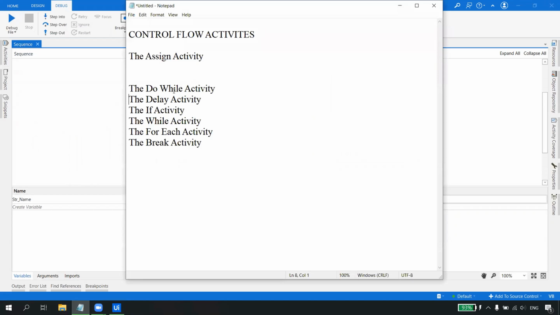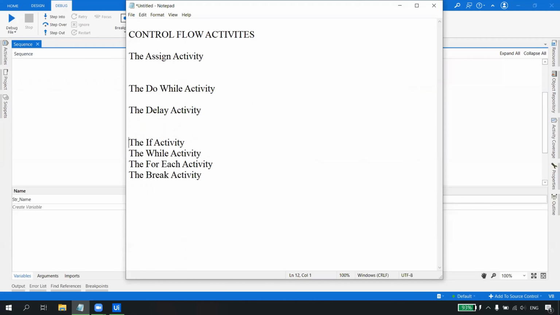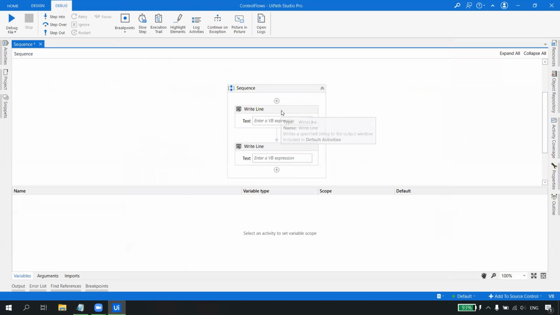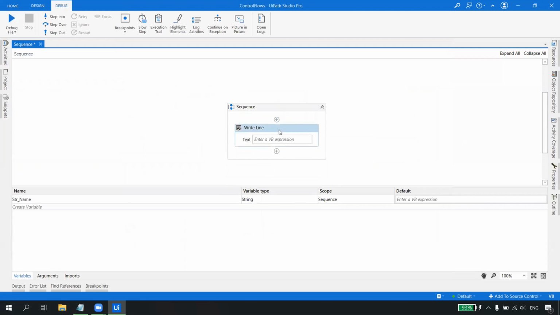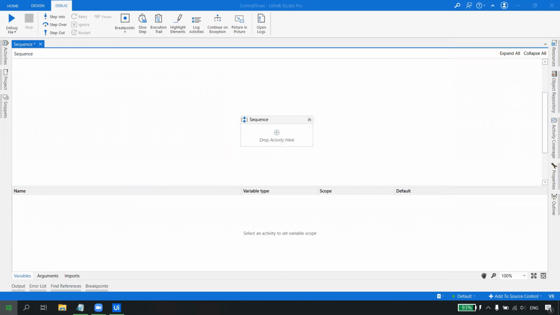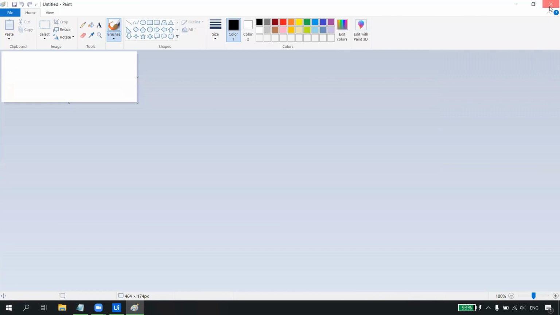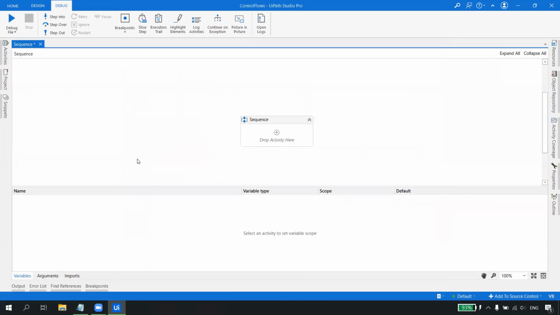Okay. Now let us talk about the loops. Let us park the loop for a while. Let me talk about the delay activity first. Now, assuming that you are writing an automation to open any website or any application. Let's say I have to open the paint application, but the paint application is taking some time to open. Assuming that it takes 5, 6, 7 seconds to open, and you want to pause your automation